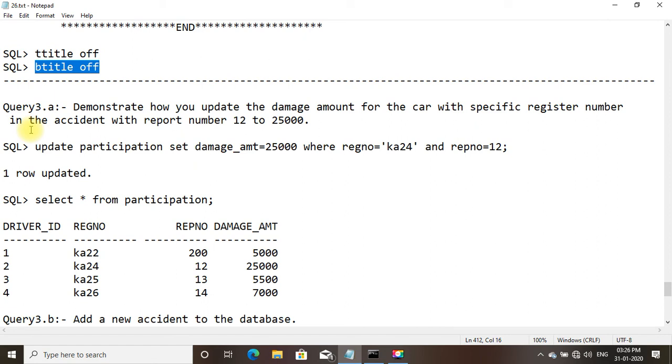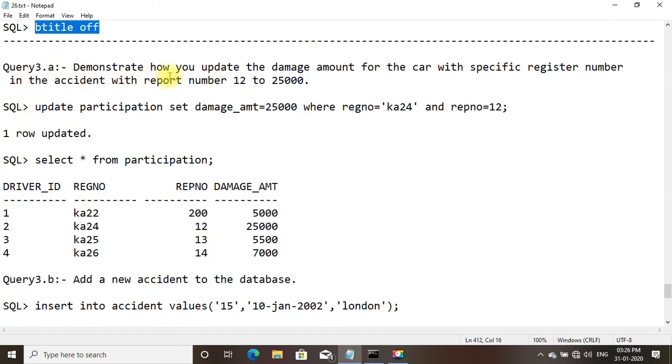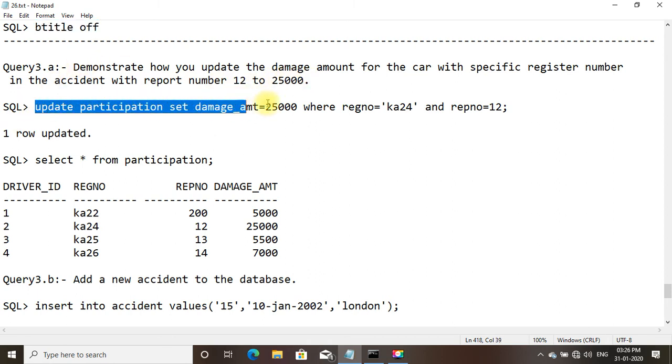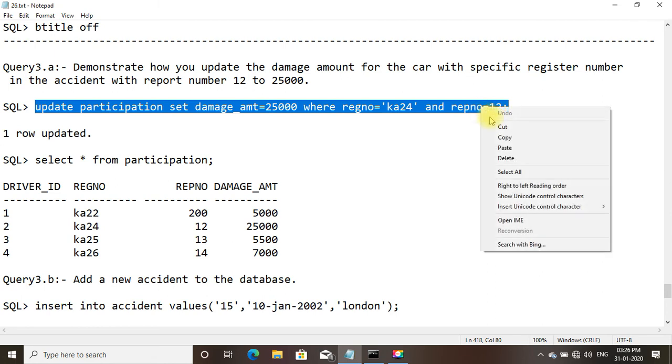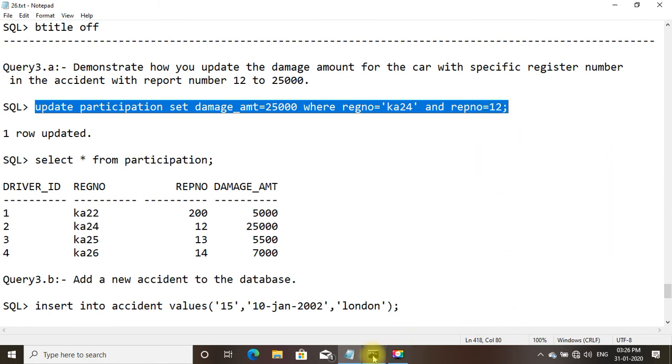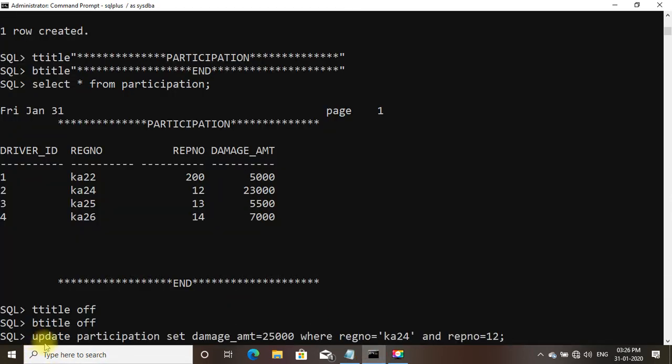We shall come to the query 3, third A. Demonstrate how you update the damage amount for the car with specific registration number and the accident with report number 12 to 25,000. Update participation set damage amount equal to 25,000 where registration number is equal to KA24 and report number is 12.